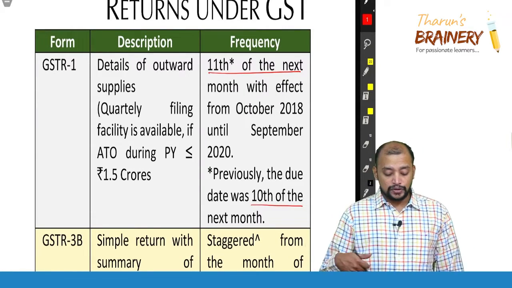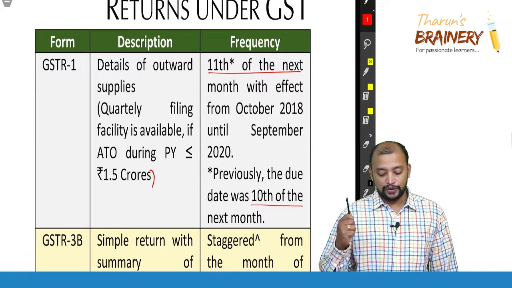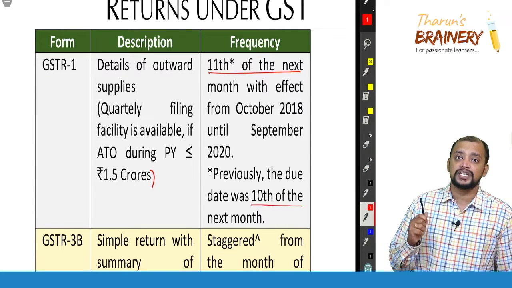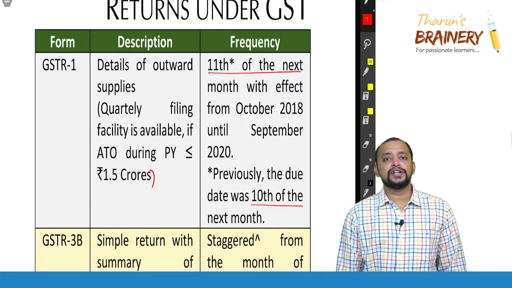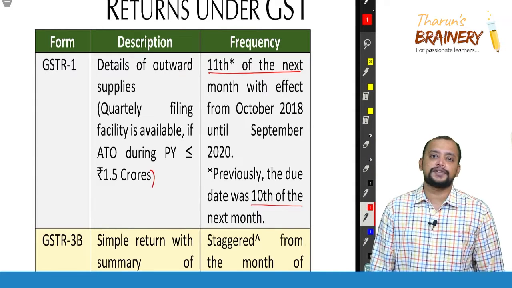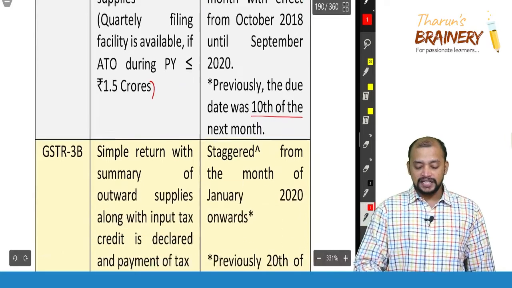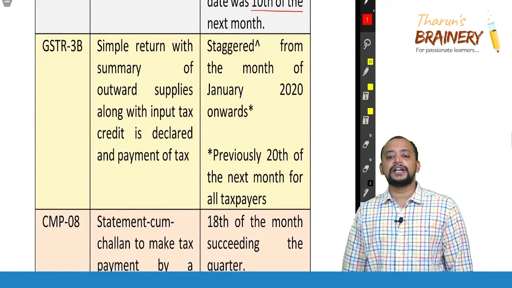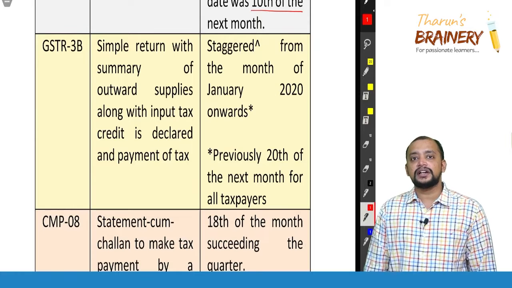If the aggregate turnover does not exceed 1.5 crores, then quarterly, that quarterly date will be notified from time to time. This is with respect to GSTR 1. In GSTR 1, whether we need to give invoice-wise information or consolidated information, invoice-wise information and not consolidated. Whereas GSTR 3B is a consolidated return, it's like a summary return,